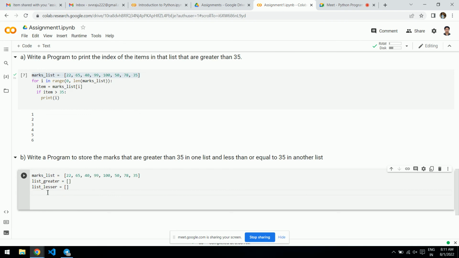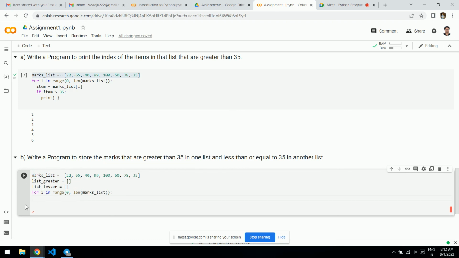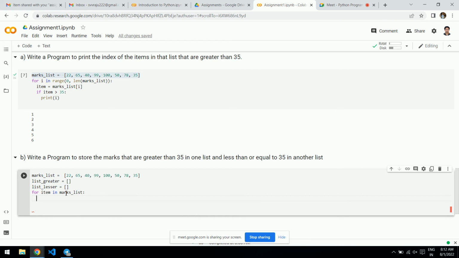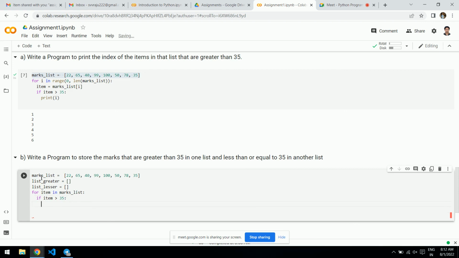So now we have to iterate again for each of the elements in the list. So for i in range 0 to length of mark list. It can be like this, or you can also use for item, because we don't need the index here, right? So for that purpose we can also use item in mark list. So both are fine. And then next thing is, if it is greater than 35, we have to add it to the list greater. Add it in the sense that we have to do append to the list greater,